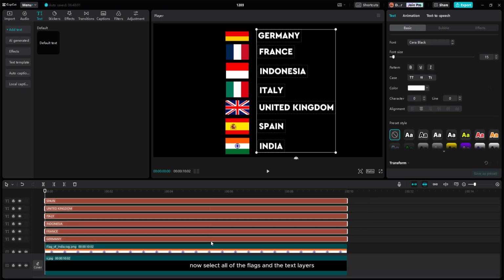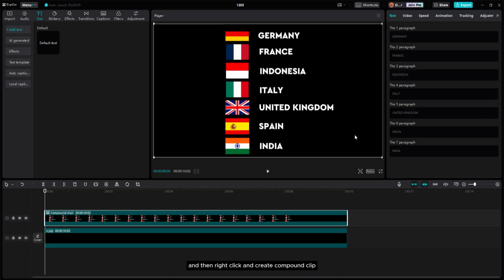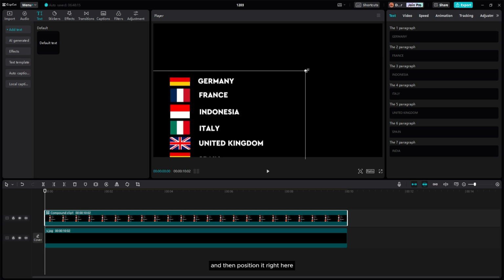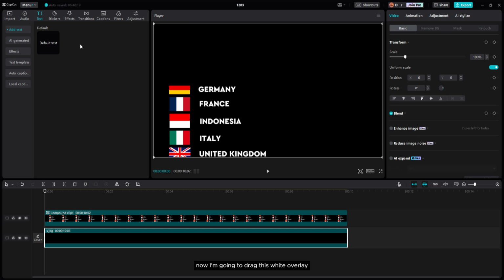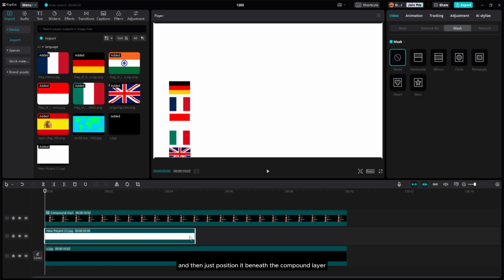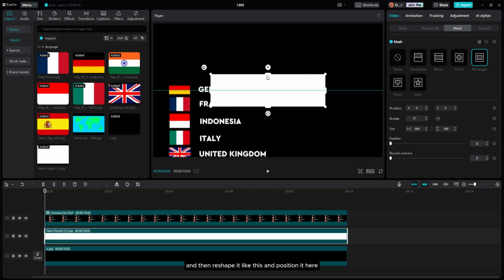Now select all of the flags and the text layers and then right click and create compound clip. After that I'm gonna downscale it and then position it right here. Now I'm gonna drag this white overlay and then position it beneath the compound layer and then go to mask, select rectangle and then reshape it like this and position it here.